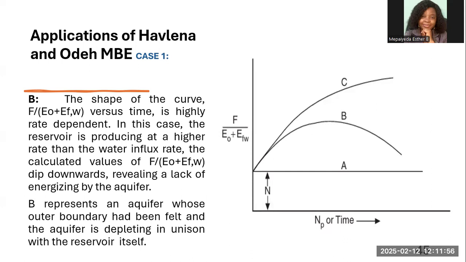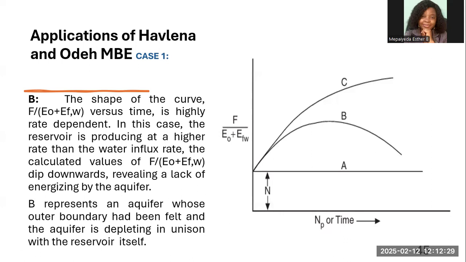Firstly, this B, because it's not a straight line, shows that there is a water influx. And it shows that the reservoir is not a volumetrically controlled reservoir. That means it's hydraulically controlled, okay? That's why you have it as a curve. So B is showing that the reservoir is producing at a higher rate and the water influx rate is slower than the rate of production from your reservoir. So we have voidage, then the pressure